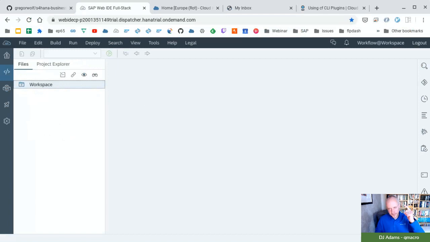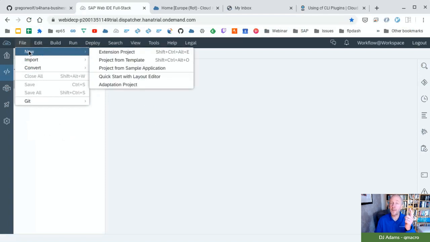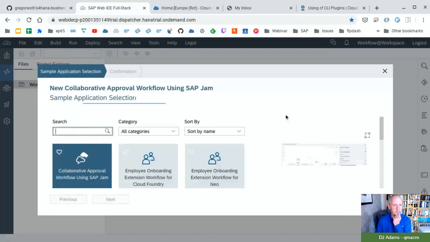And a really good starting point, I think, is actually available to us in the Web IDE. I'm deliberately staying with the Web IDE for now. I'm probably going to want to move to the Business Application Studio at some stage, but I'm staying with the Web IDE now because really, it's all about the same thing. We're looking at the content mainly rather than the IDE itself. So we've got the new project, not from template, but project from sample application, right? And this will give us the opportunity to pick